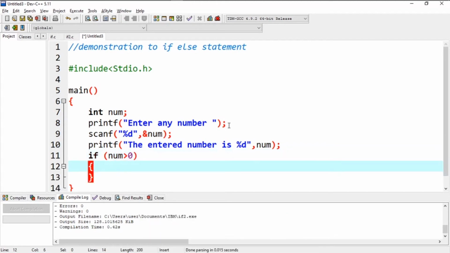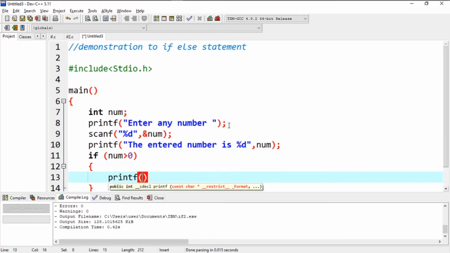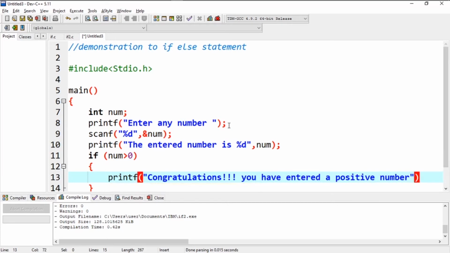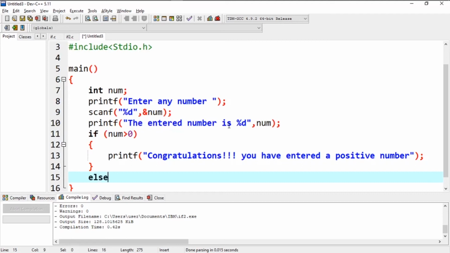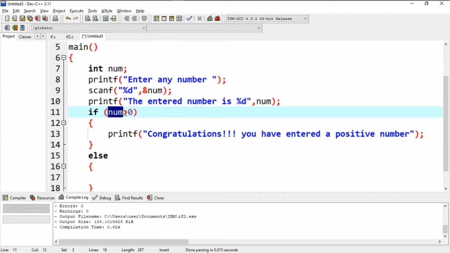So I'll write printf, congratulations, you have entered a positive number, and a semicolon at last. Now I'll add an else over here, and I'll write the false statement of this expression, that is, the number is not greater than 0, which means the number is negative.